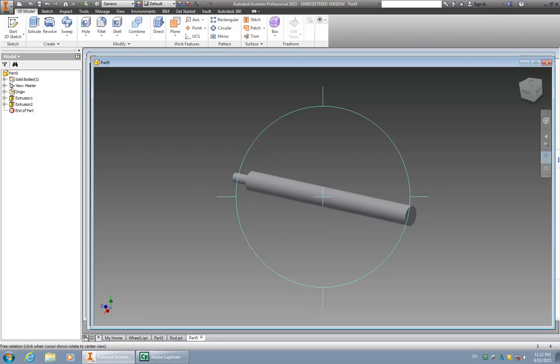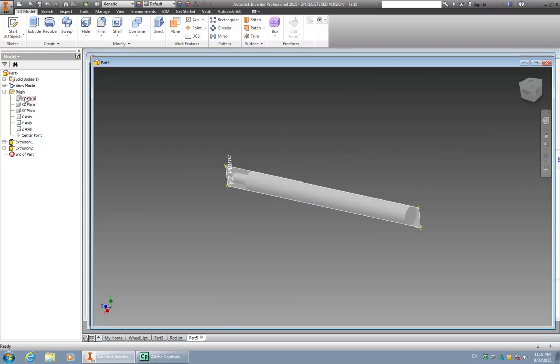Then I want to go over here on my model tree, or sometimes called the browser, and look at Origin, open that up, and by highlighting this I can look at the various different planes that have already been set up inside this model. Now because of the way I designed it, coming from the center, those planes are going to go right through the middle